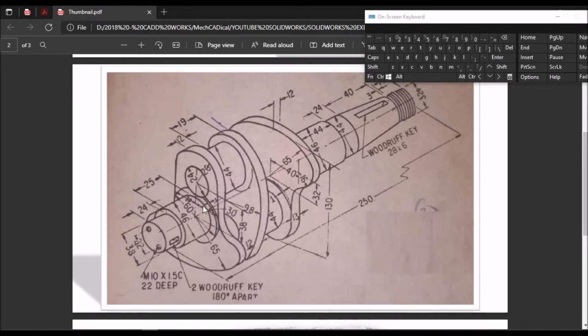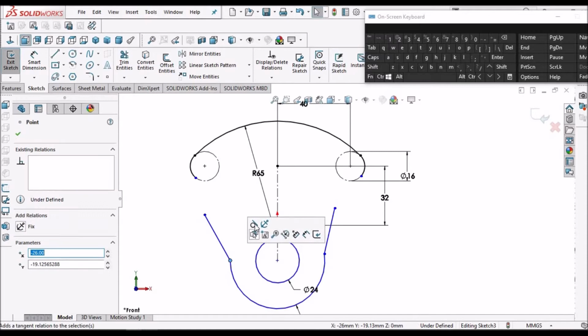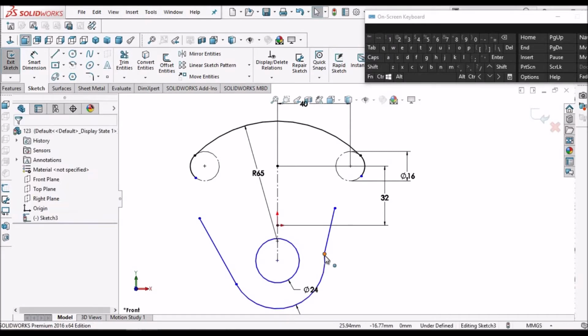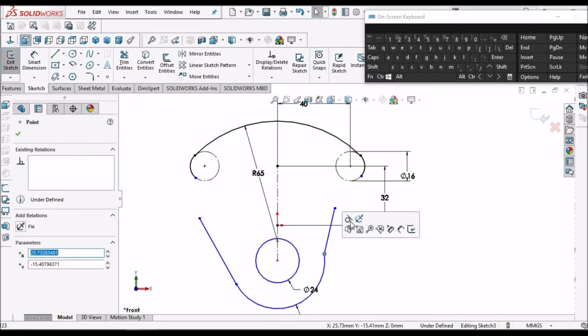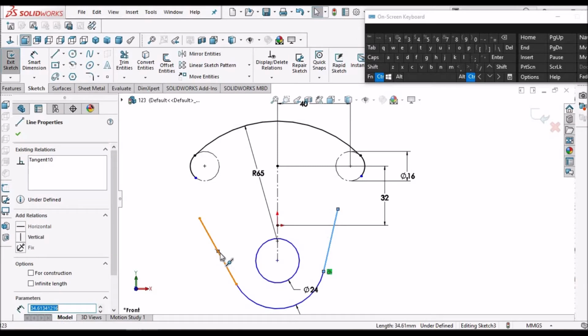See, it's in reverse direction, so this is 30. So make it tangent, here also make it tangent, and select this line and this line and make it equal.